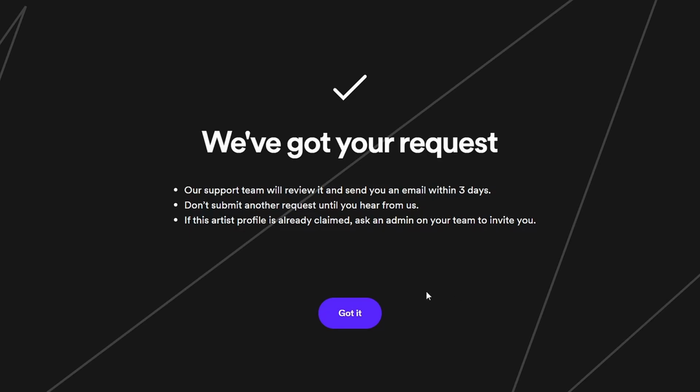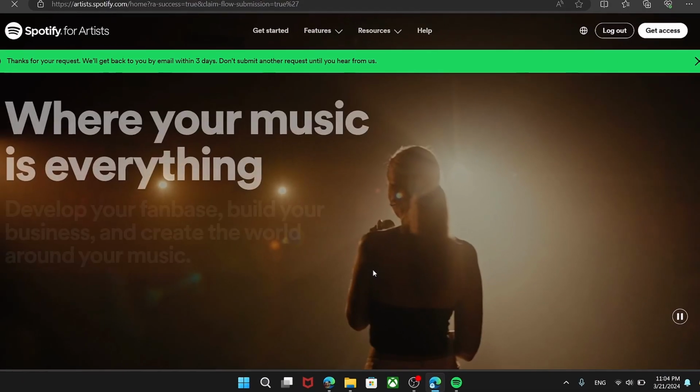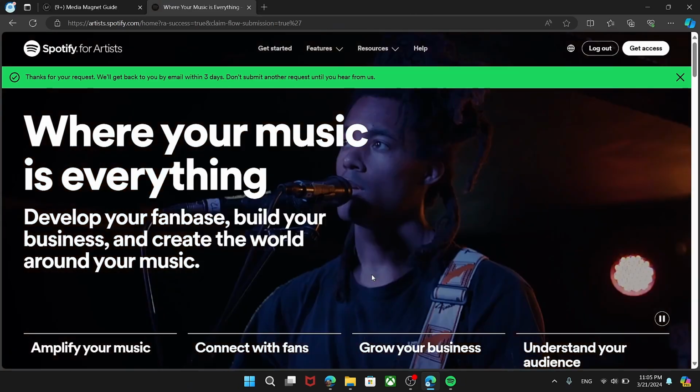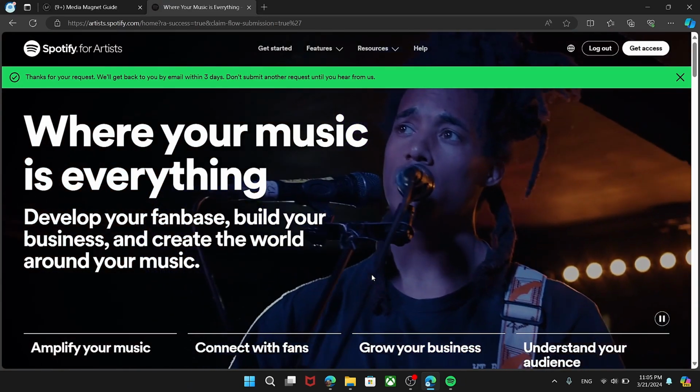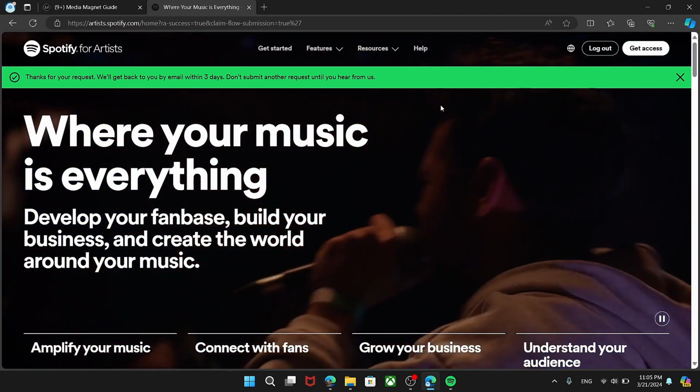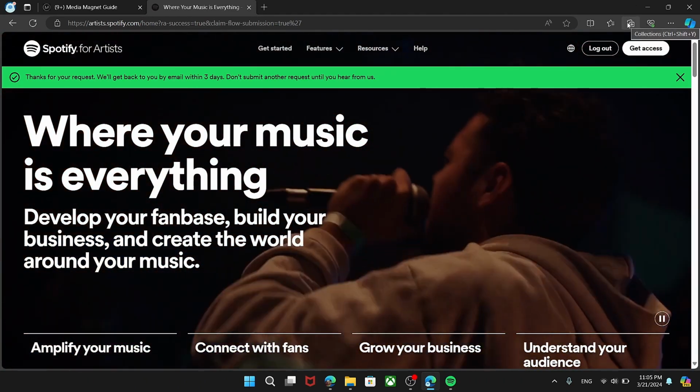Remember, Spotify for Artists is designed for artists, managers, and teams, so gather all necessary information and materials before starting the process. Keep in mind that the verification process and timeline may vary, so follow any instructions provided by Spotify